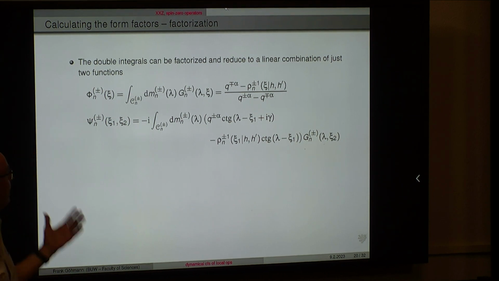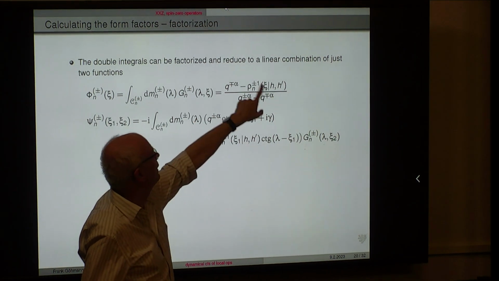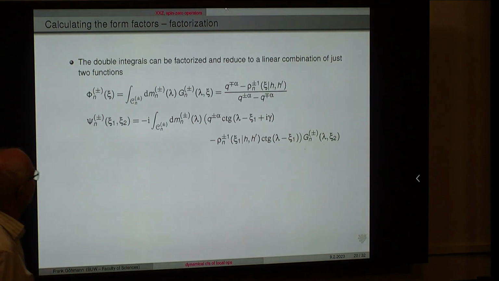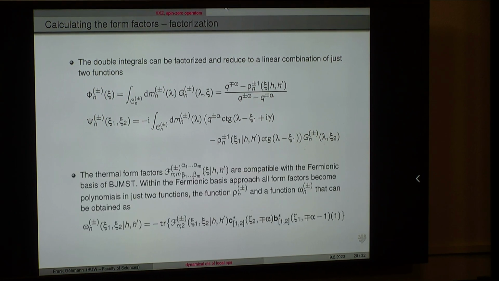Here they are, some integrals. This integral can be calculated in terms of the function rho, which was not easy. Also something I did together with Hermann some time ago. And the other thing has never been further simplified. Then omega, according to the papers of Jimbo, Miwa, Smirnov, and Takeyama, can be defined